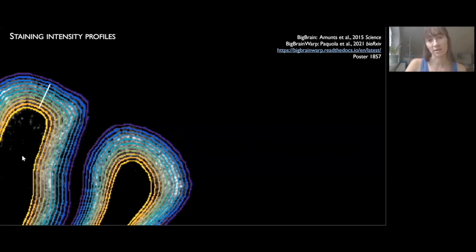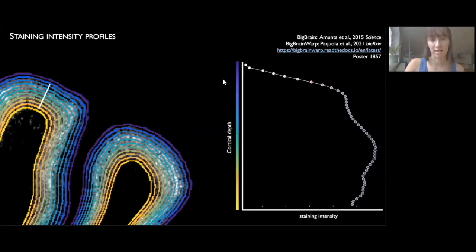And then we take a line from pial to white matter and we sample the staining intensities along that line. So we have depth-wise variations in staining intensity, and the staining intensity for BigBrain in particular reflects the density and size of cells as you move through the cortical depths. So for this profile in particular, we see some quite distinctive features that signify that it does have a laminar